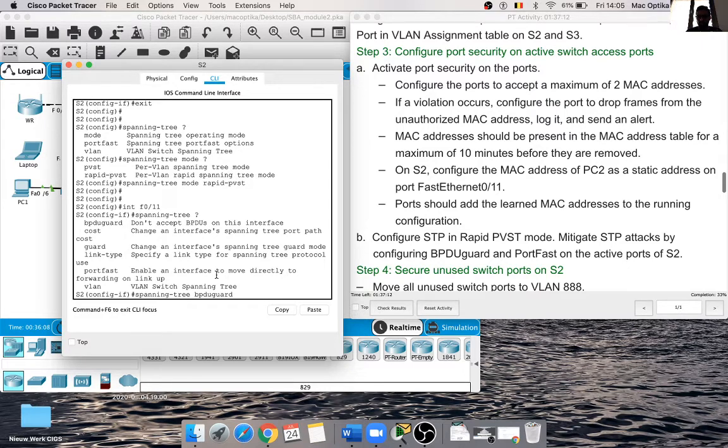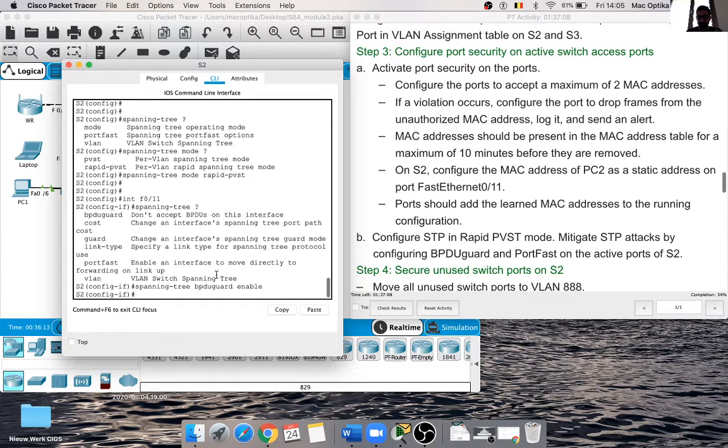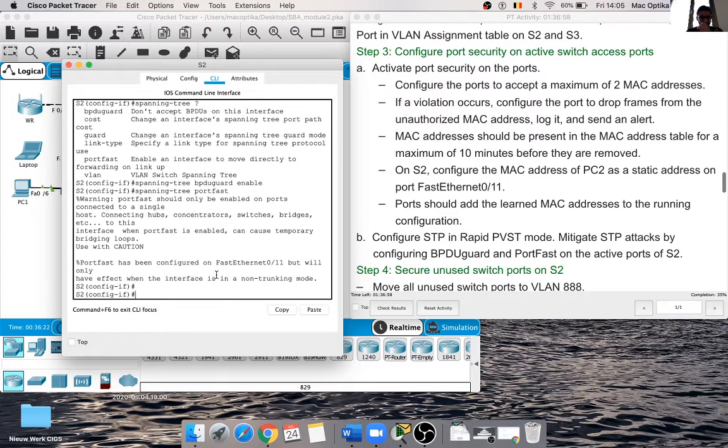Okay, so we have to do enable. Okay, and then we can do the PortFast. Okay, PortFast has been configured on this. Only have effect on one interface in trunking mode. Perfect. Okay, so now if I do exit,